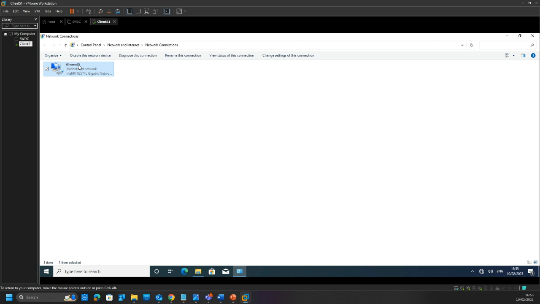So let's rename this Ethernet to internal network, so I know this is the internal network. Here it is only one adapter, so it is not a problem. But in a server you have two adapters, so you want to know which one is internal and which one is external. So click on the properties,